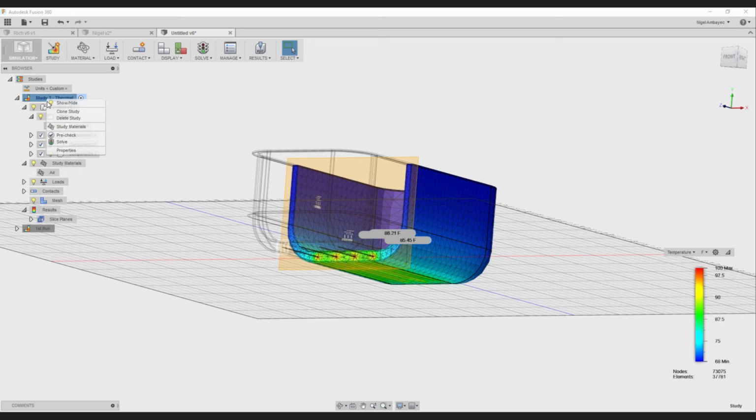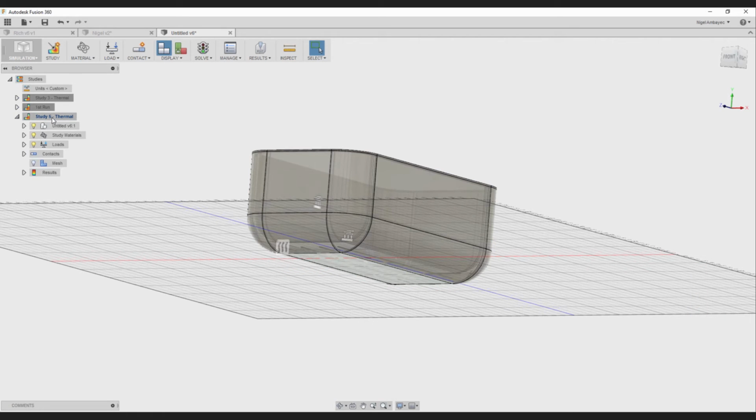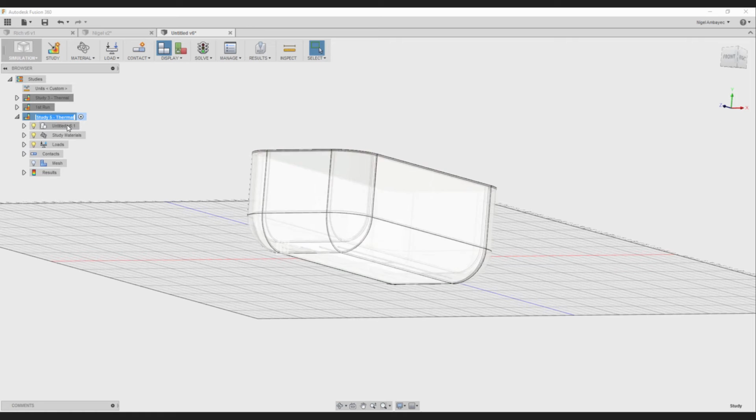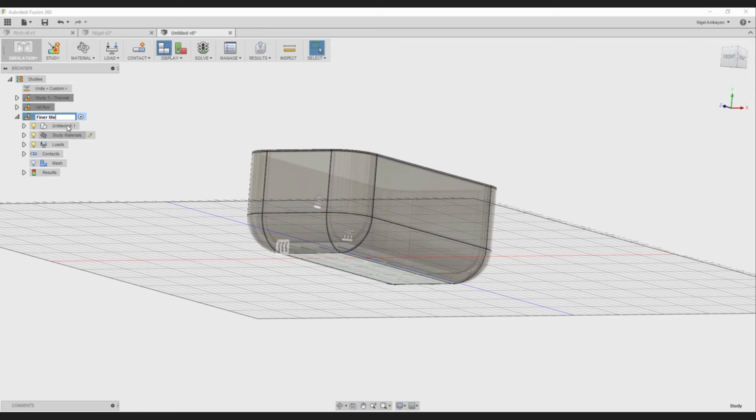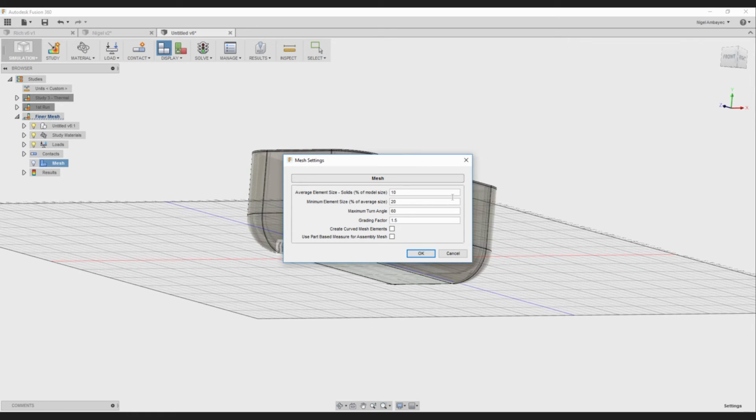If you right-click up here in the study, you can clone it, you can delete it, you can do pre-checks, or you can even solve here. If you clone this, it'll just run another study in the same window. Everything will be exactly the same, even the results. So if you want to see what happens when you refine your mesh without getting rid of the original study, you can do so by just cloning it, and if you click this and wait long enough, it'll give you the option to change this. So I can change this to a finer mesh, for example, and then I can just jump into the meshing options and just make these numbers smaller